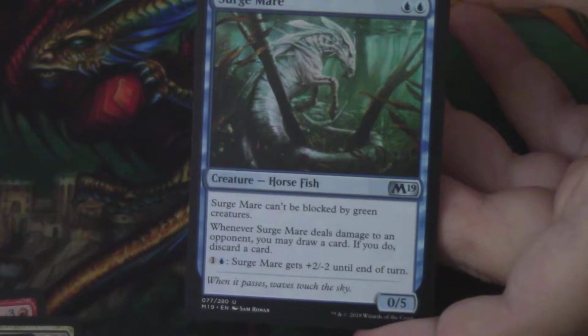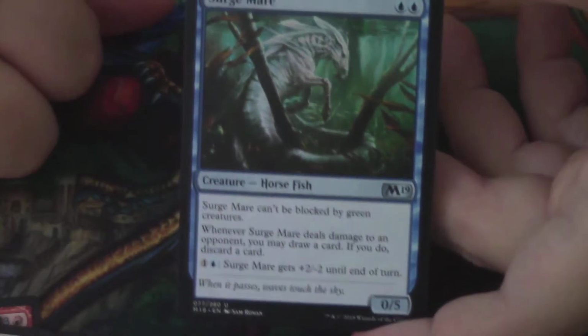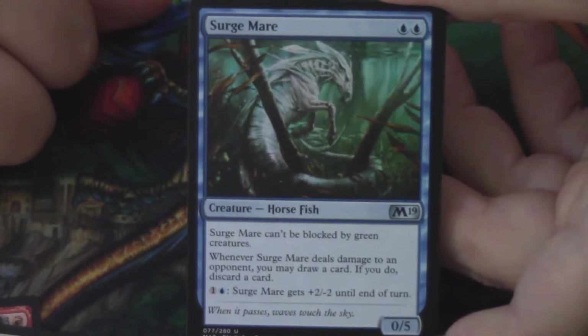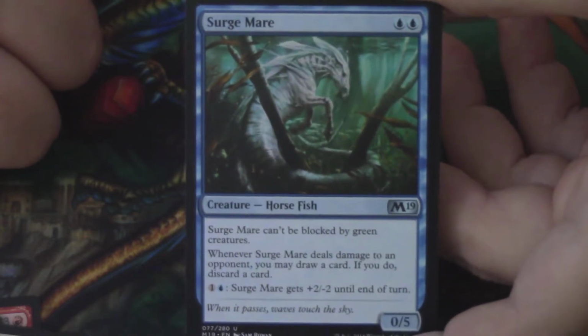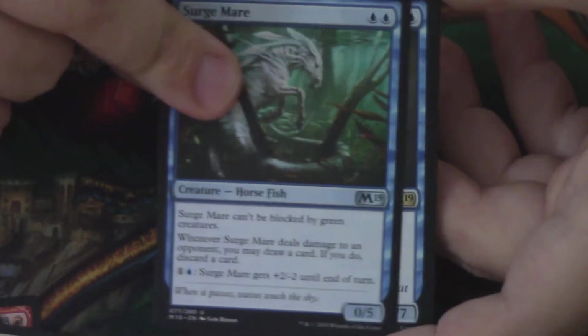And a Surge Mare. So it's another one of the horses, this one in blue. So far, not much of our blue has jumped out at me. It really, really seems like Marduk are the colors that we want to be going. But still, I'll keep an eye on this if something else crazy in blue comes up. And our rare or mythic is...